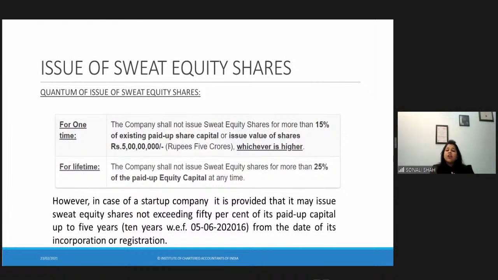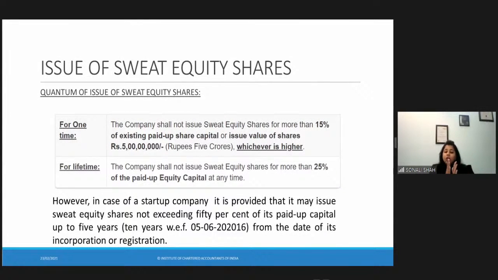Now, there is a restriction on quantum of issue of sweat equity shares. What is the quantity of sweat equity shares that can be issued? So, for one time, the company can issue sweat equity shares of up to 15% of existing paid up capital or value of up to 5 crore, whichever is higher. So at a particular time, in one go, the maximum percentage of sweat equity could be 15% of the paid up share capital, or the value of the sweat equity share can be a maximum of 5 crore rupees, whichever